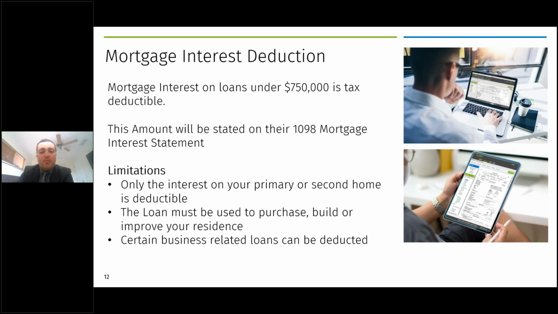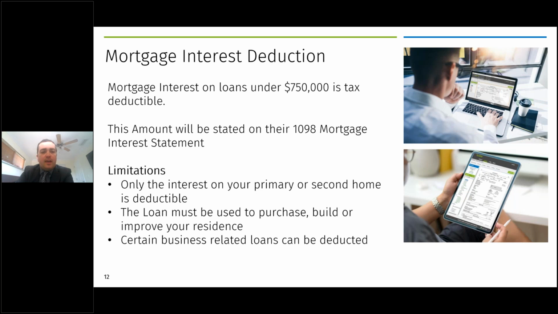Only the interest on your primary or secondary home is deductible, and that loan must be specifically used to either purchase, build, or improve the residence. And I think the key word there out of those 3 items, purchase, build, and improve, is going to be improve. I don't think a lot of people know that even if you take out a loan to do some capital improvements, you need new flooring, you need a new roof, these are still items that can be deducted even if they aren't necessarily used to purchase or